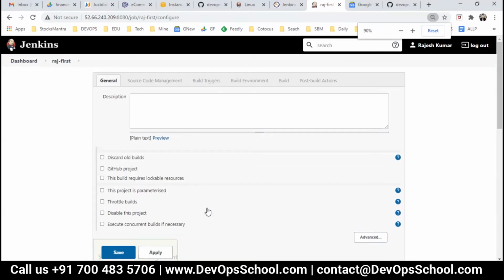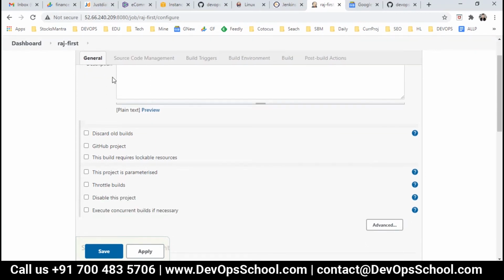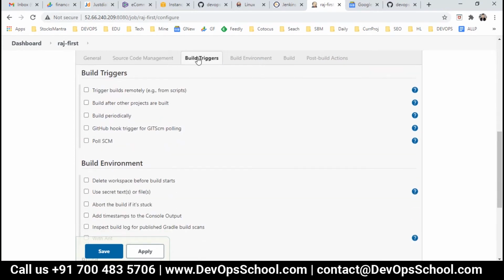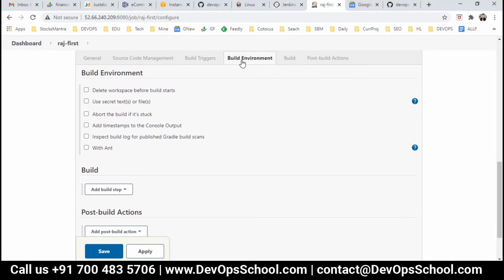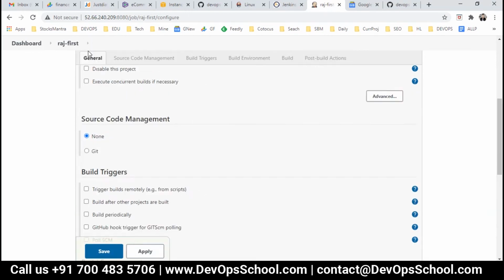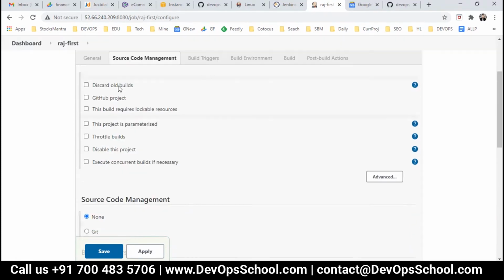Now here, if you look carefully, you get six tabs: general tab, source code management tab, build trigger tab, build environment tab, build tab, and post build actions tab. So this is in a sequence actually. It will be executed in sequence.